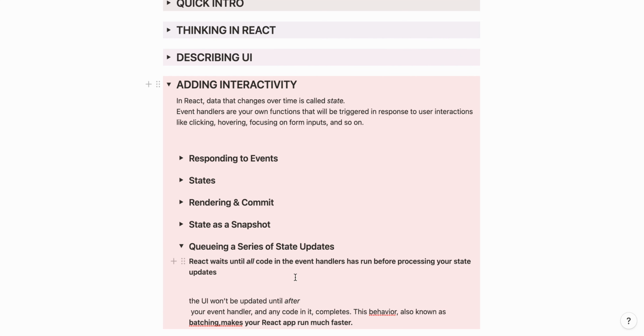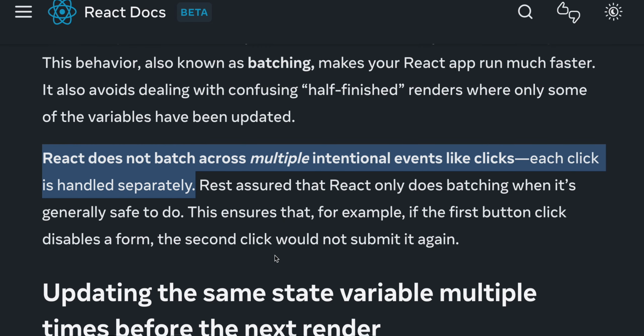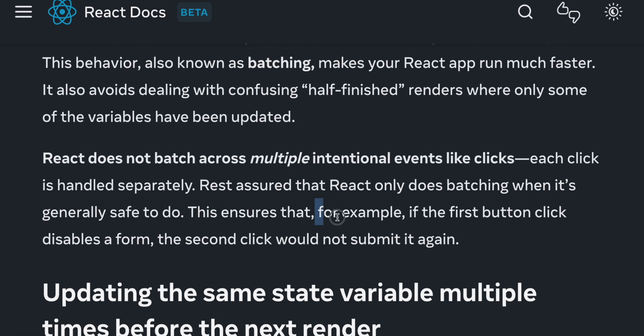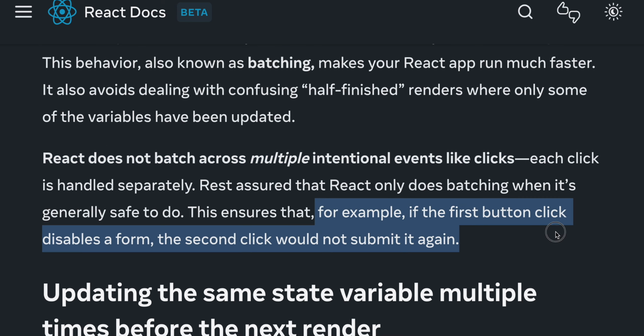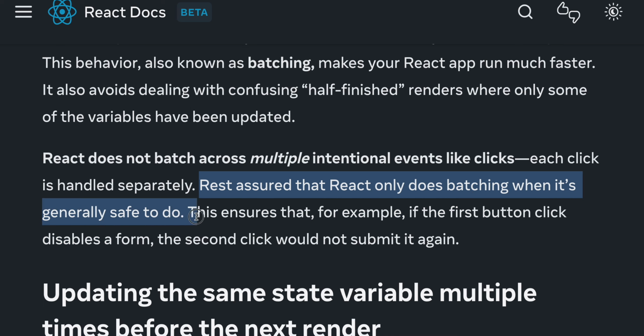So I'm going to add this as well here. Rest assured that React only does batching when it's generally safe to do. This ensures that, for example, if the first button click disables a form, the second button click would not submit it again. Okay, rest assured that React only does batching when it is generally safe to do. So this ensures that